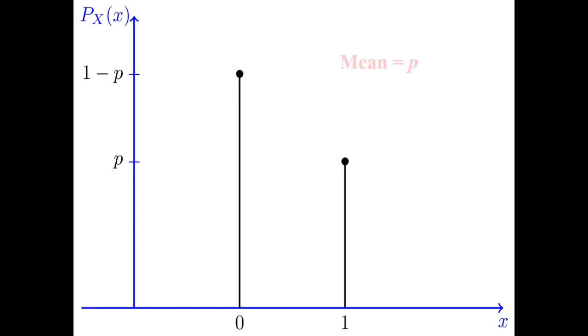The graph of this distribution will again be a line graph with two lines. For point binomial distribution, mean equal to p, variance equal to pq. This and all other population constants of point binomial distribution can be obtained from that of binomial distribution by putting n equal to 1.